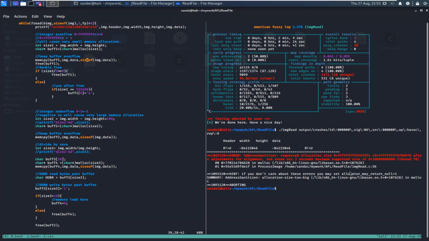Let's go and see the second crash. This is again not an integer overflow. Let's see what happens here. We'll see another crash.